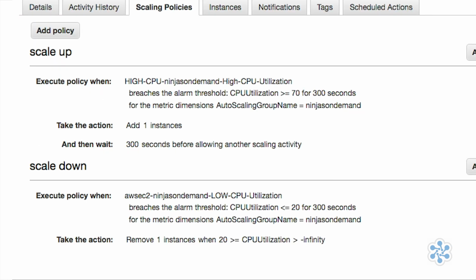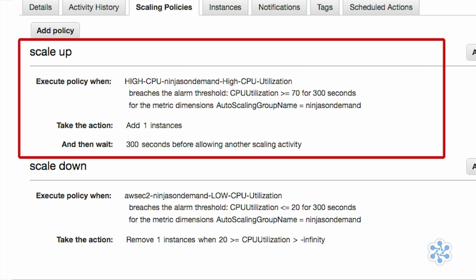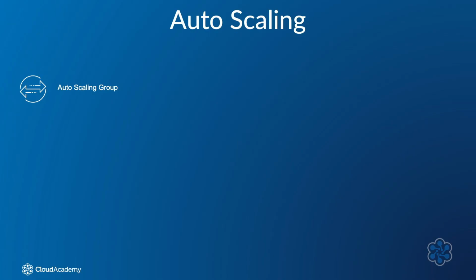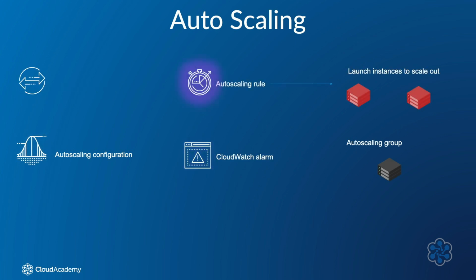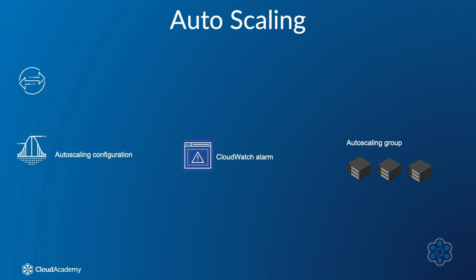So when any instance in your group reaches a certain threshold, an alarm will be created and the autoscaling group configuration will launch more instances to meet that demand. This is way more resilient. So if you have a question that mentions high availability, then most likely it is going to need a decoupled multi-tier architecture, and it is going to need to be able to scale parts of that application quickly to meet